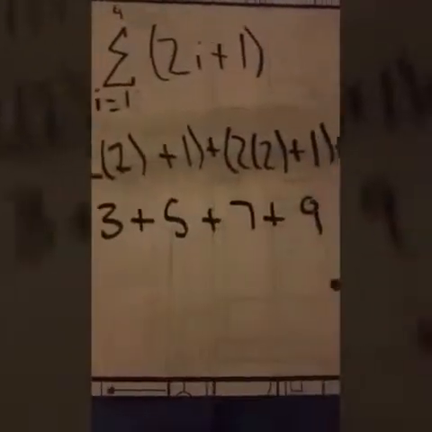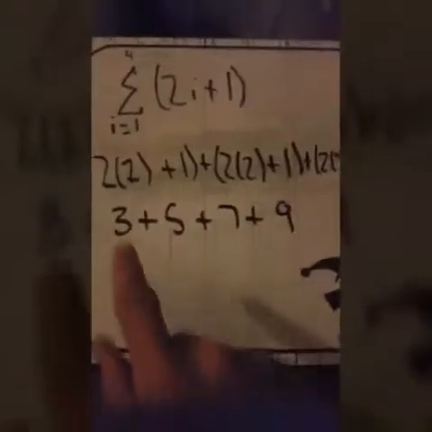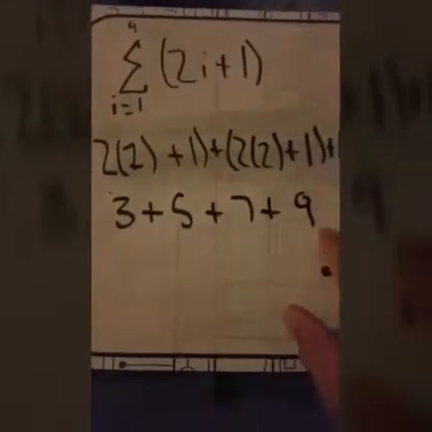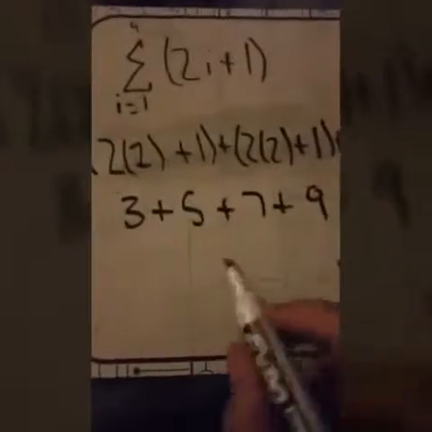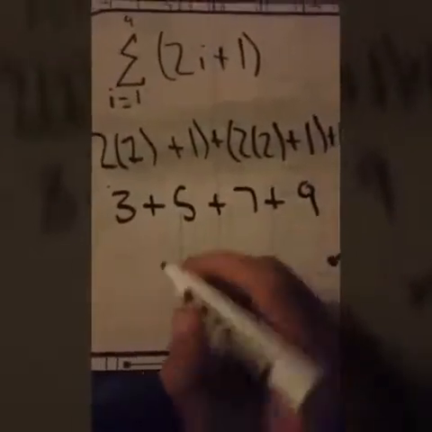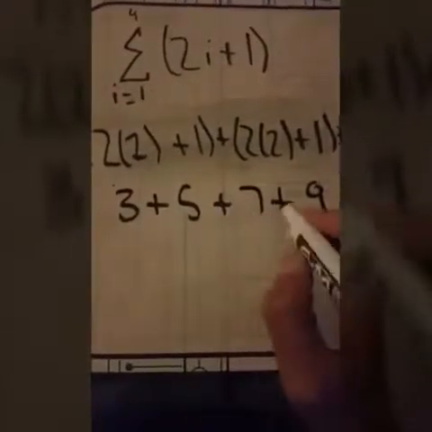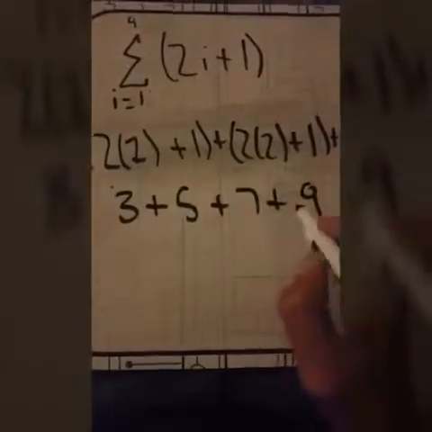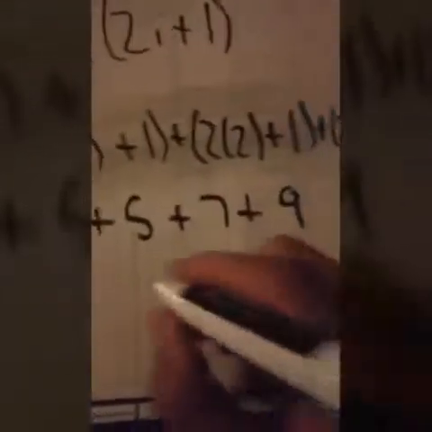And once you simplify, this will be your equation. I forgot to simplify even further. So that's 16, 16 plus 8. Alright, so that equals